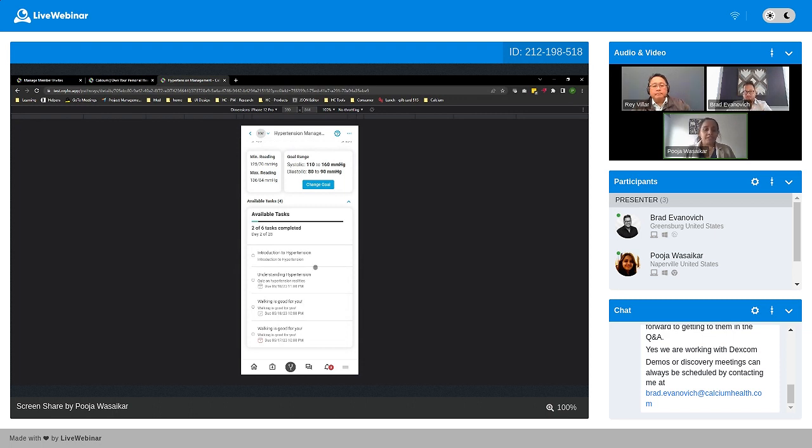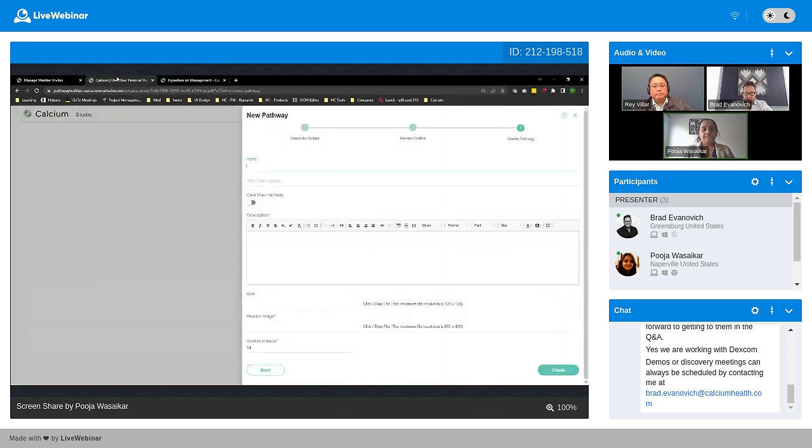So that's when he went to his provider with the confusion, and the doctor could easily utilize what you see here, the Calcium Studio platform. This is what our doctors, providers, care teams, clinical and non-clinical staff can utilize to create personalized pathways for the patients and patient population. To save time, I've already pre-typed some of this text. So sorry, let me go back.